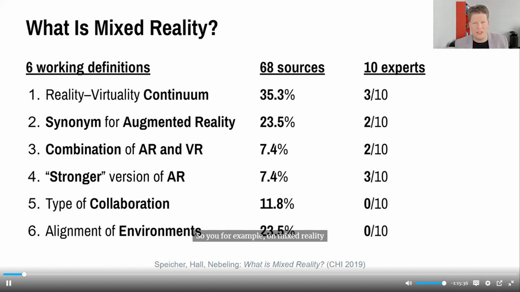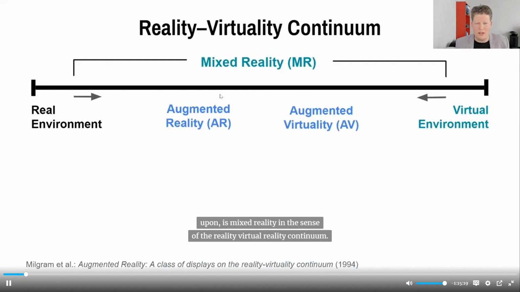On mixed reality specifically, we did a little bit of literature review, and we also interviewed experts in one of our research papers. One of the most popular definitions, even though it's not universally agreed upon, is mixed reality in the sense of the reality-virtuality continuum. This is the continuum that the academic community uses most of the time. And when I teach classes in this space, it goes from the real world to, let me get a little laser pointer here,